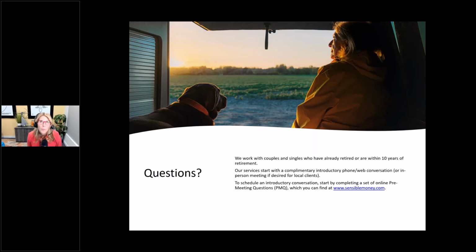Question one, we look at bonds as the safe part of your portfolio, not where we want to take risk. So we're typically using agencies or CDs or AAA quality municipal bonds. And so that is our approach.